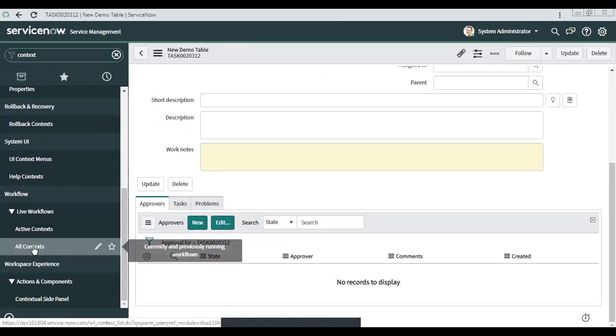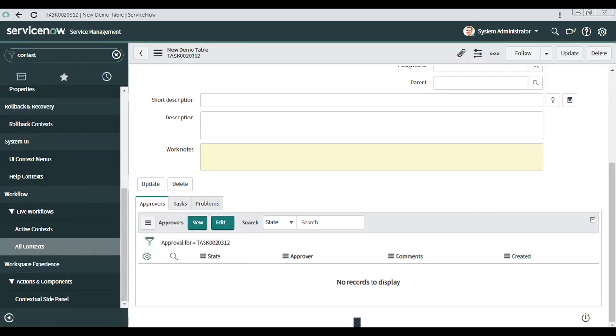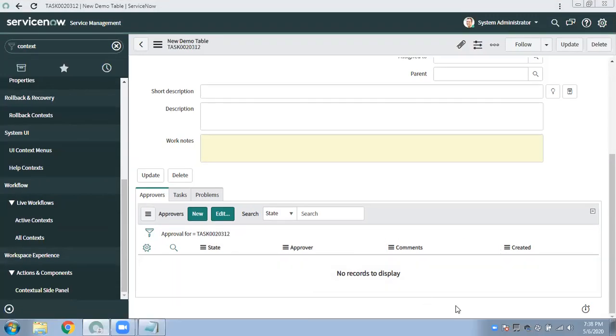What is this context? I can see whether my workflow is triggered or not. So that we can check it through context, yeah. Seems it is not triggered. Did I close the workflow screen? I think so.